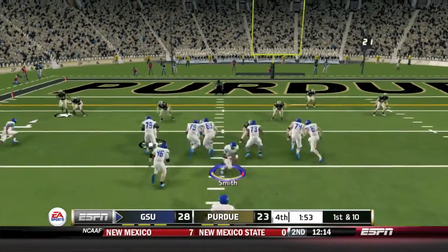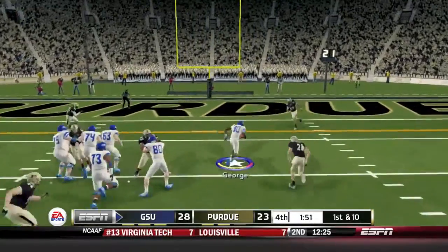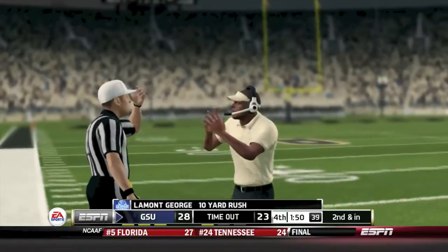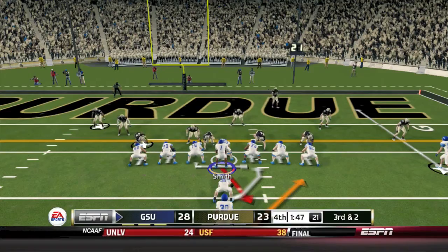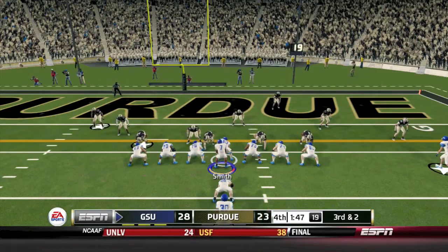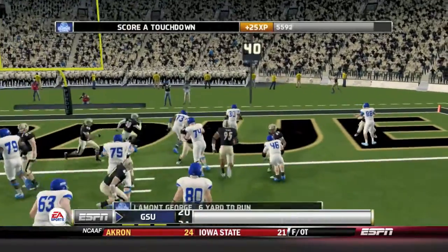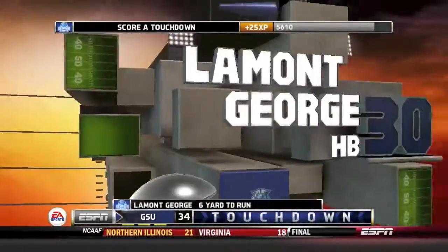First and 10 now for the Panthers. Smith hands off to George here up the middle, looking for that first down marker, but just can't get it. And Purdue takes a timeout with under 2 minutes to go here. The Panthers running a lot of clock here. Smith on 3rd and 2, hands off to George up the middle and into the end zone for the touchdown,